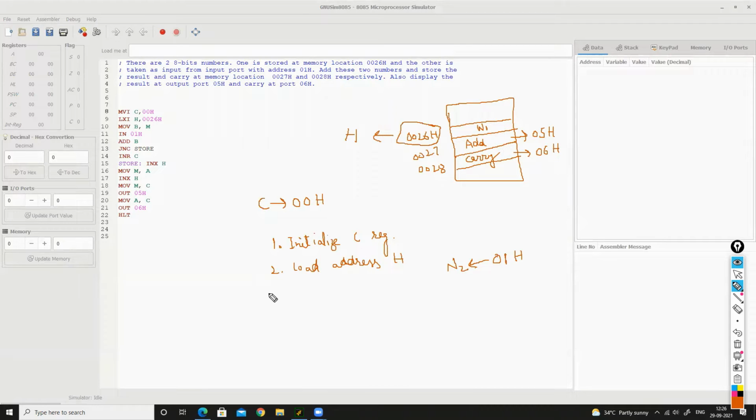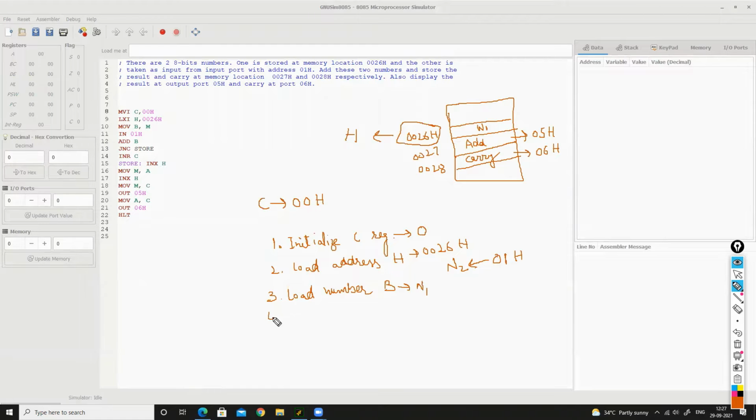Okay. Then third, load number, this particular number, N1 in B register. So our B register contains N1 and our C register contains 0, and our HL register pair contains this address 0026H.